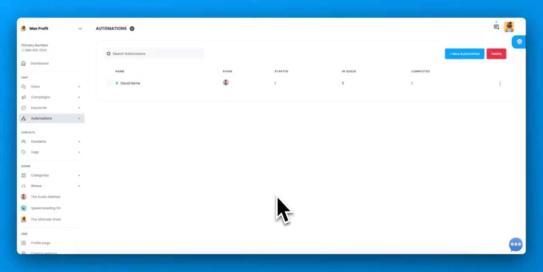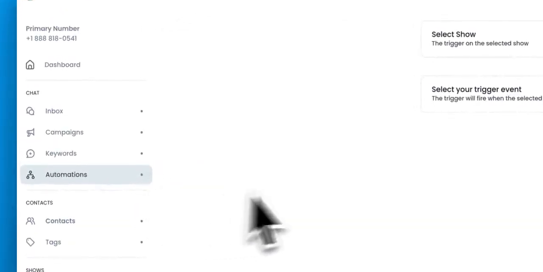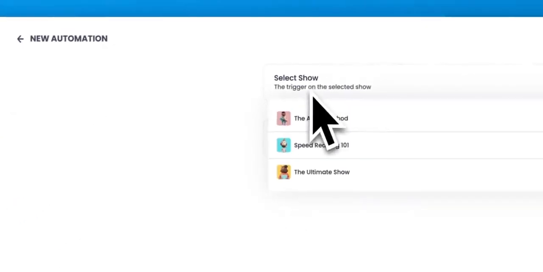In this video, we're going to go through automations, which are events that you can set up to automatically trigger based on the listener behavior. And this is a great way to add a wow factor to your shows and to create automated profits using your shows. So to create an automation, head over to automations and click the plus symbol, and you then can